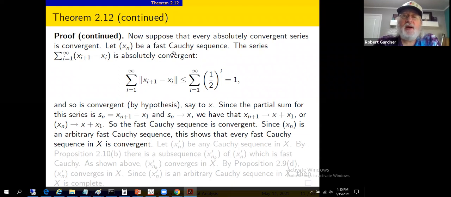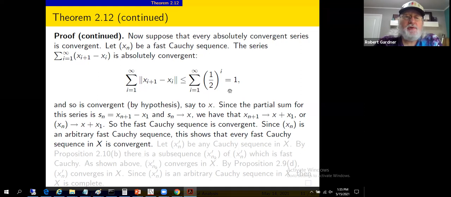We said suppose it's a fast Cauchy sequence, so it satisfies these conditions. That's the definition of a fast Cauchy sequence. Oh, this is a geometric series. Geometric series, first term is a half, ratio is a half, converges to 1. So this